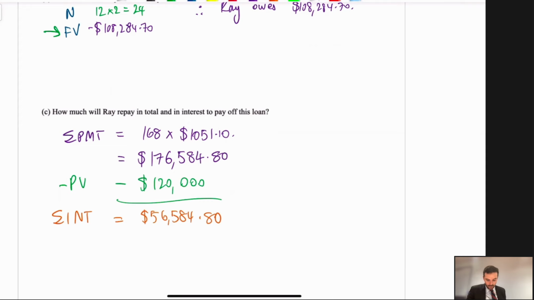Oh yeah, sorry, I've misread my own numbers. Yep, that's absolutely fine. So $56,594.80. Now that's his total interest. Now, if you just wanted to use your ClassPad app to make sure you got that right, we can still